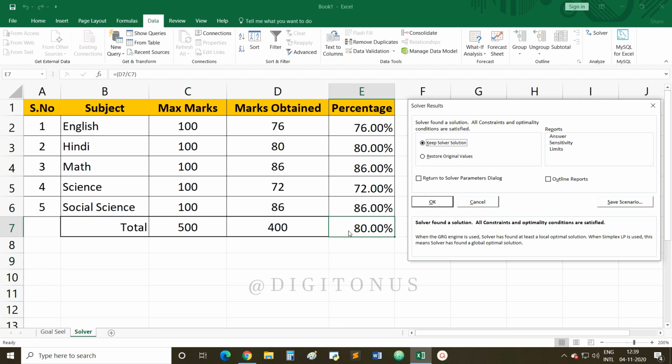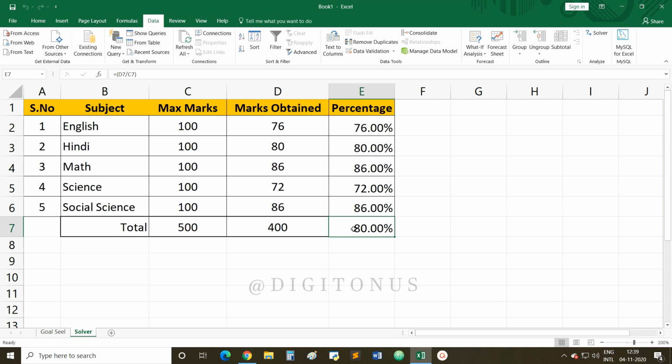Fine. Okay. Now what we have to do, just click on this OK button, so it will be here only, the values which you have changed. Now one thing you might notice is that it is giving the answer 86 and 86, so it is finding an average. We have another method under solver here where we can fix the values also, means the value should be between this and this. So how can we do that?